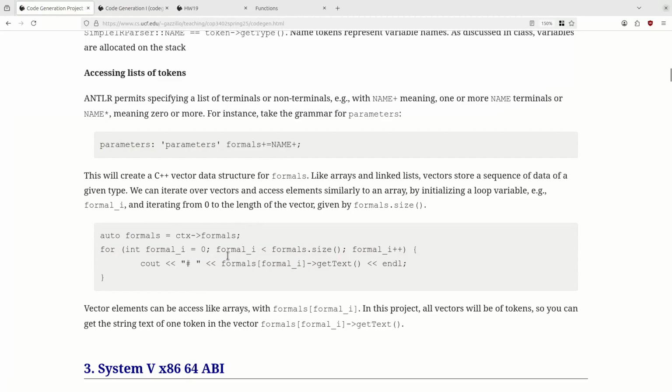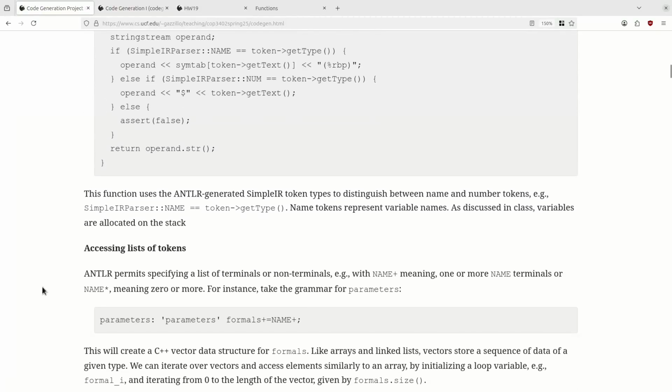So it looks a lot like C, except these are vectors in C++ instead of arrays, and they come with their size built in. So you have the size in the actual vector data structure. Just think of it as an array where you can ask the array what its size is. In C, you don't have that in C arrays. So I think that's everything you'll need from C++